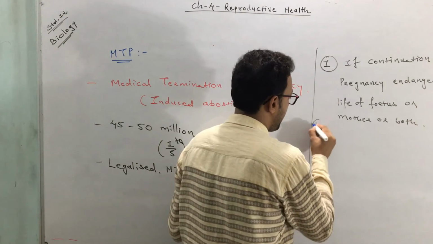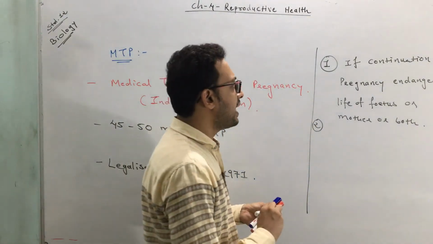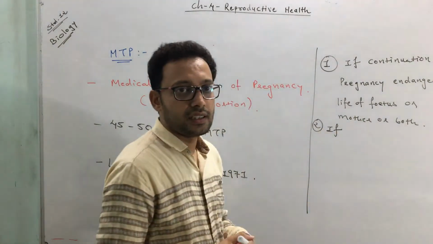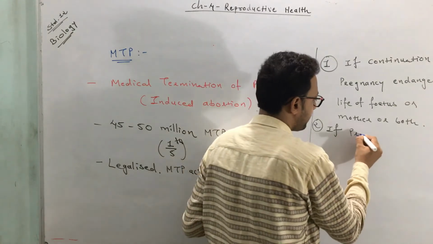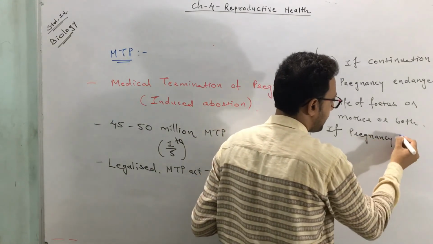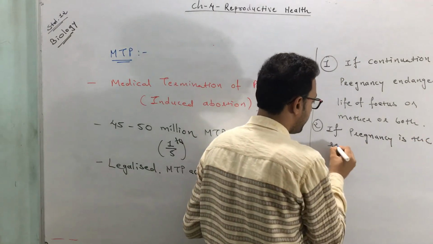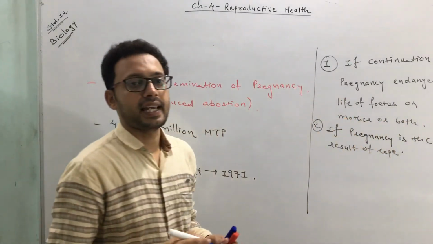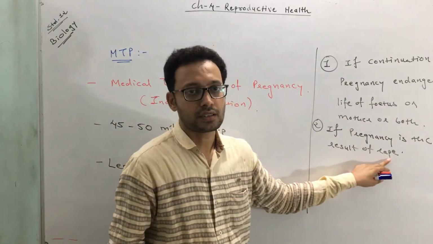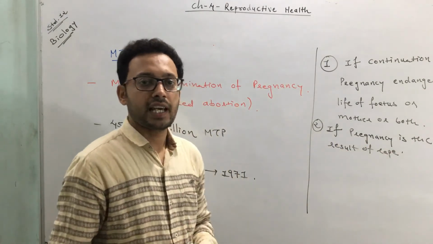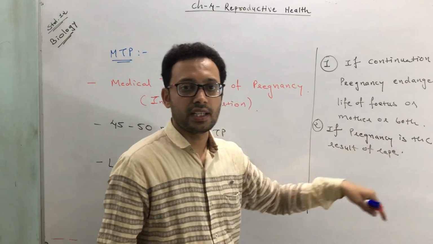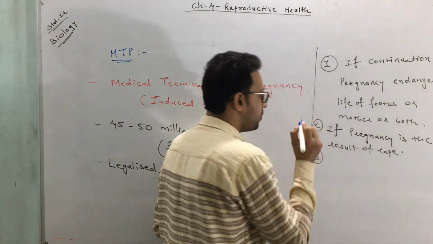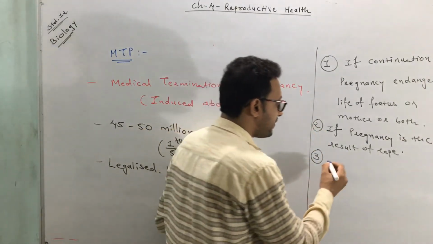The second case where MTP is allowed is if the pregnancy is the result of rape. In this case, MTP is allowed. Rape is unwanted sex, and if the pregnancy arises due to this, then MTP is allowed. Third case, in which MTP is allowed, if there are high chances of